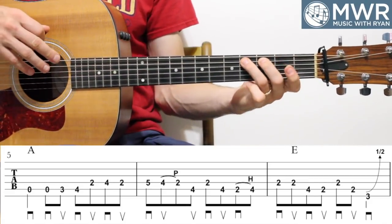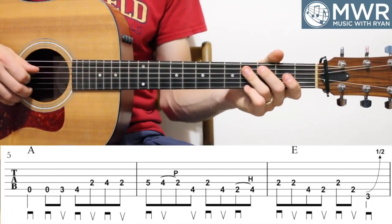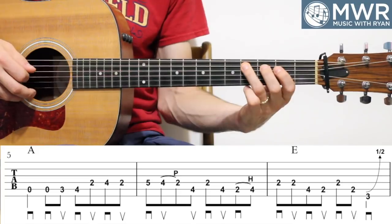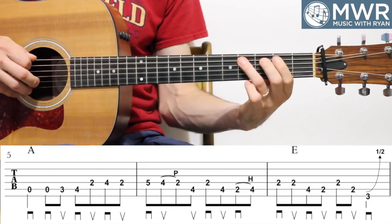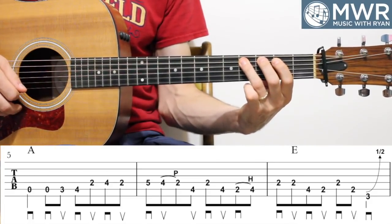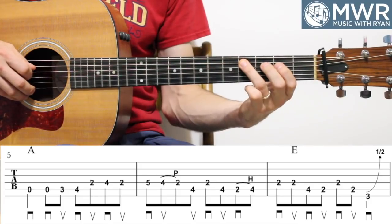If that 4-2 pull off is too tricky, because you do need some strength there to pull it off, then just pick it. Just put the upstroke in there. You can do that with any or most of the hammer-ons and pull-offs. Just take that out and put it in the correct pick direction. But it's supposed to be 3, 4. It gives a little bit more fluidity about it, right? Smoothness. And then the next measure, go back to the E chord and